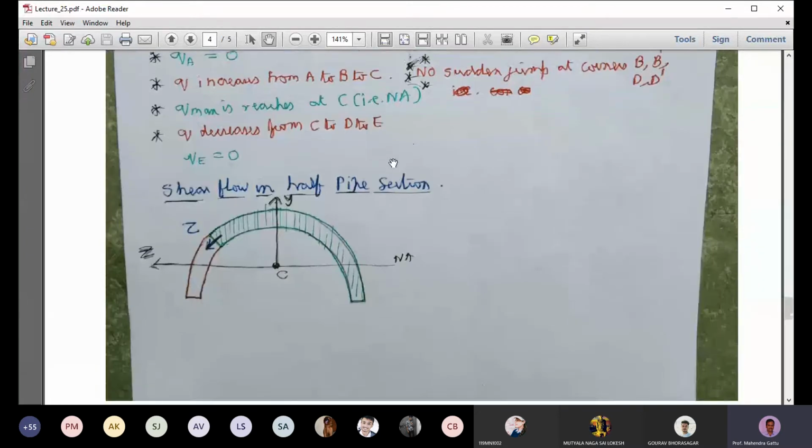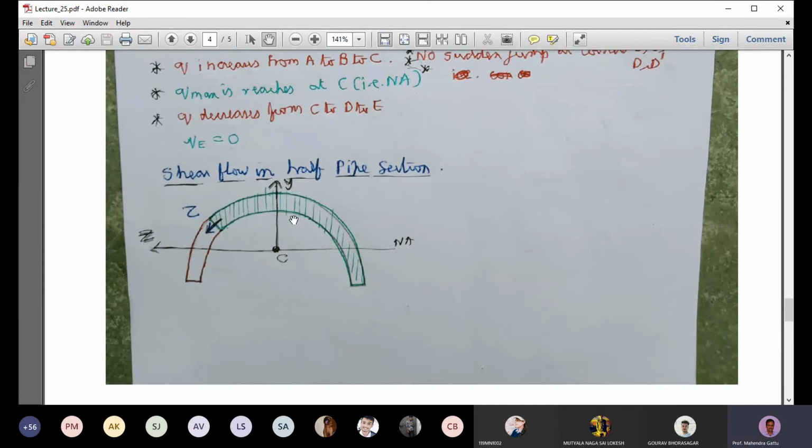So we can do analysis for shear flow in a pipe section also. So we can look at the Q value for this portion or this portion. C is the centroid of this pipe section, and we have the neutral axis. So what will happen? We can make a cut such that the cut is in the radial direction. Okay, and on that cut, which is in the longitudinal direction, we have delta H, and for the delta H we have tau value, and to balance that there is a tau on this face. Okay, so the tau is acting in this radial direction here.